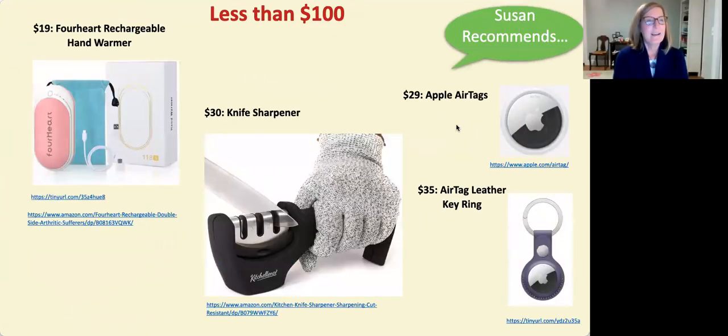Thanks, Mike. So my picks start out with a rechargeable hand warmer in the upper left-hand corner for about $19, give or take. I picked the 4-Heart rechargeable hand warmer for a couple of reasons, but there are a lot of different varieties out there. They all do about the same thing. This one in particular, I like the size of it. I like the shape. It's an oval, and it fits nicely in your palm,